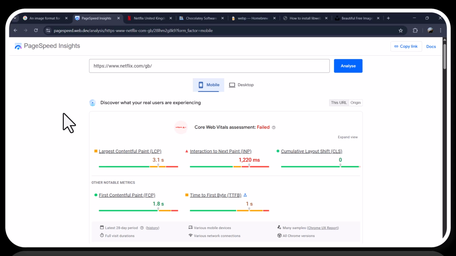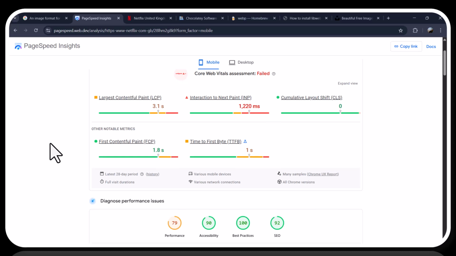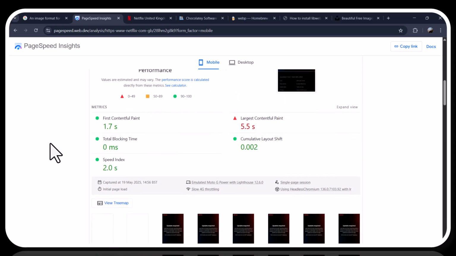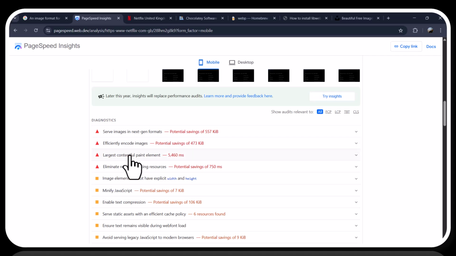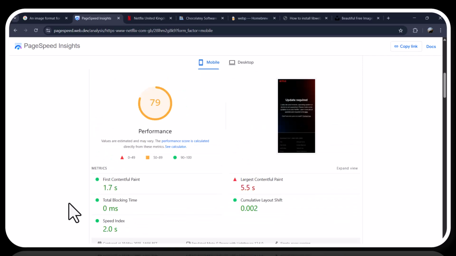Probably Netflix doesn't care about that, but if you work as a front-end developer, it's possible that your project manager or your lead developer jumps to you and says, hey, can you improve this Core Web Vitals assessment? And you can say yes, because you are watching this tutorial, and as you can see, there are different